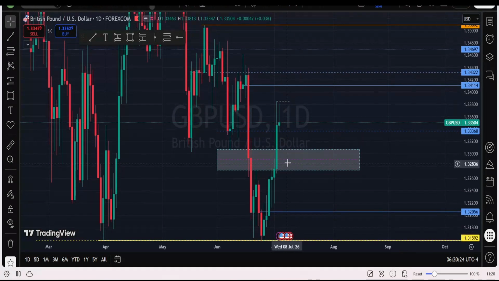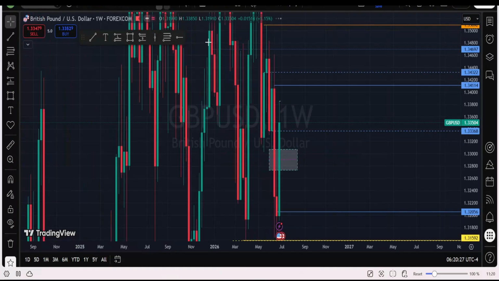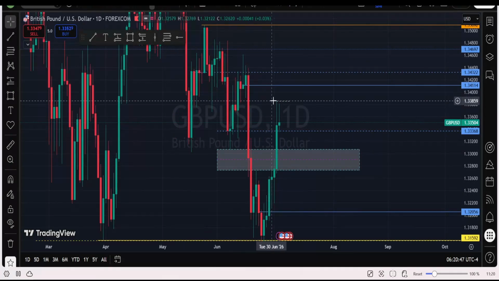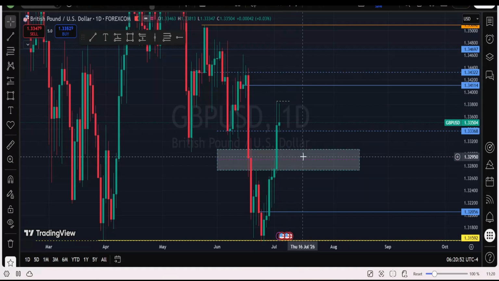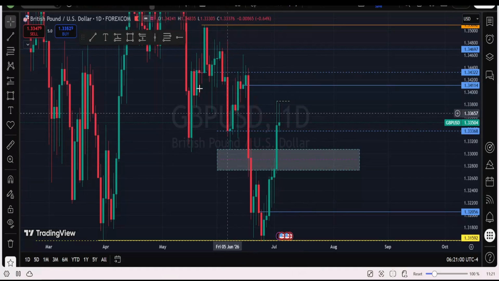So here we are on the daily time frame. This was a level on the weekly time frame that price might act as a resistance in future if it started to go down. Watch out, no, as a support, sorry, in future. If price respects this level and started to go down, watch this level to act as a support at some point, not completely. So we want to see price running this level first to give us a reason to at least trade back a little bit to rebalance this leg. So what is it for us?